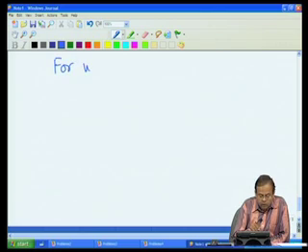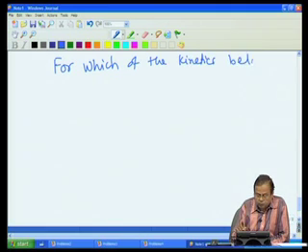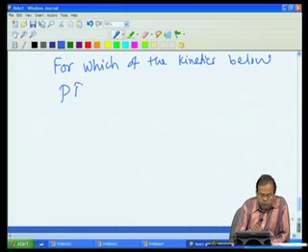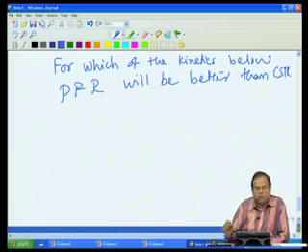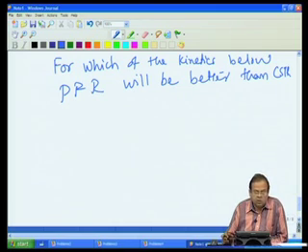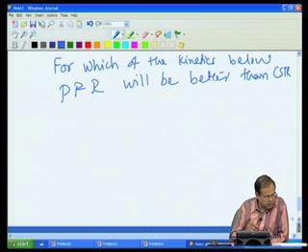for which of the kinetics below plug flow reactor will be better than CSTR. Okay, we have a catalytic reaction whose rates are given, and there are 3 or 4 different types of rates. So, question is, for which of these kinetics the plug flow reactor is better than CSTR, and what are those